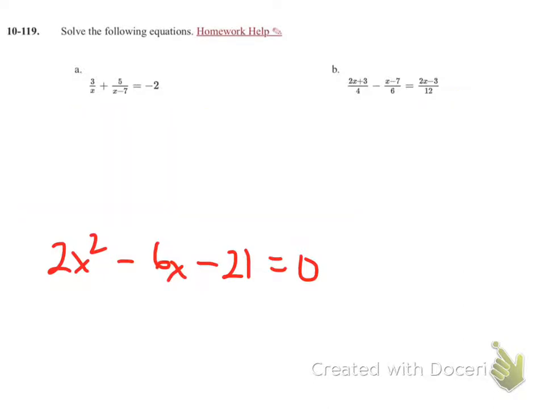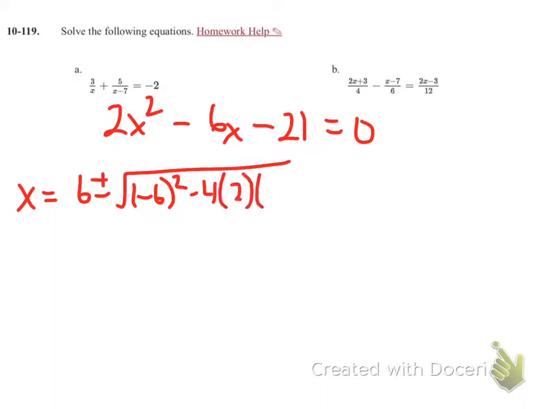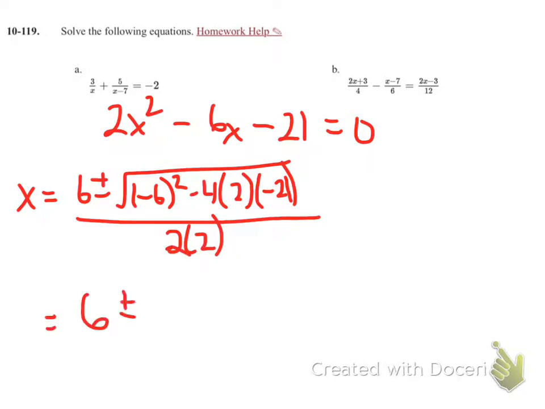Now I can go through and solve this quadratic. I'm going to use the quadratic formula on this one. So I'm going to end up getting x equals positive 6 plus or minus the square root of negative 6 squared minus 4 times 2 times negative 21, divided by 2 times 2. There's my quadratic formula. That gives me 6 plus or minus the square root of 36 plus, because a negative and a negative makes a positive here, 168